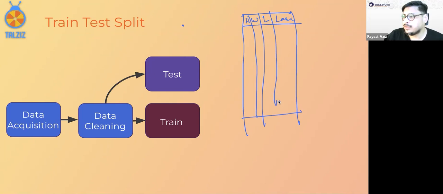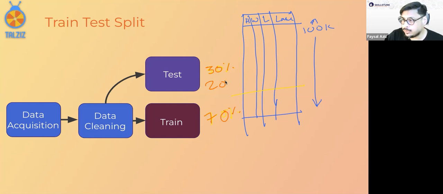So say you have 100,000 records. You will split it out. Sometimes you have a 30, 70 split. Some people do a 20, 80 split.